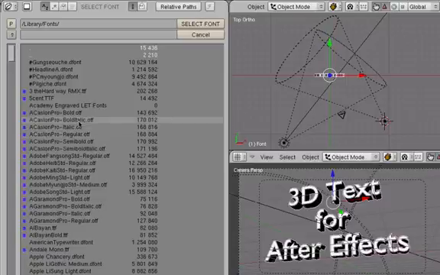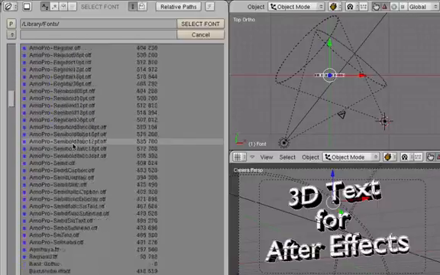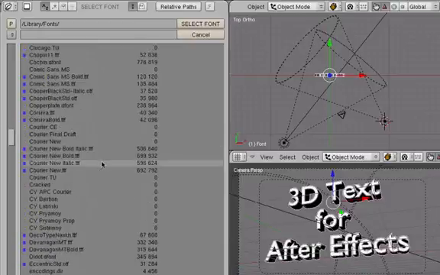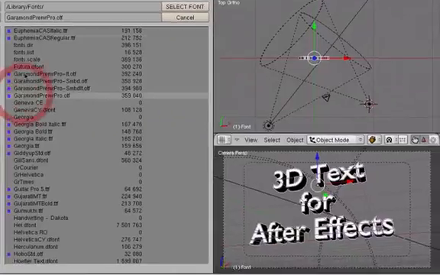that can be used by Blender. So, we can choose any of these. For example, I don't know, let's see, we want to use a Garamond. Let's try this one. And we click on the name of the file, which makes it appear here, and then